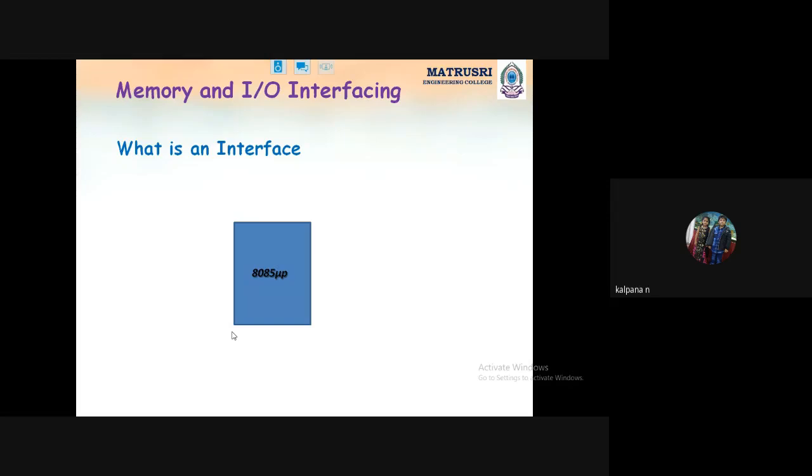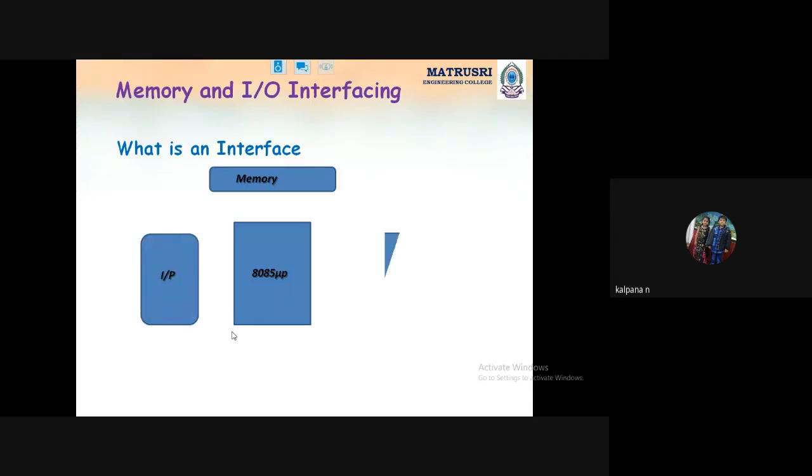Now, in order to perform any function, we need to give some input, right? Without giving input and taking output, this processor cannot perform everything. So with a single CPU, we cannot do anything unless we connect an interface, memory,